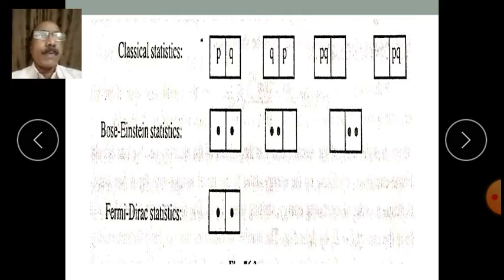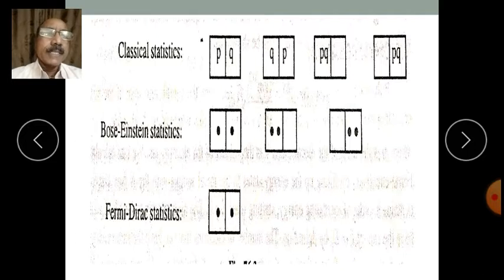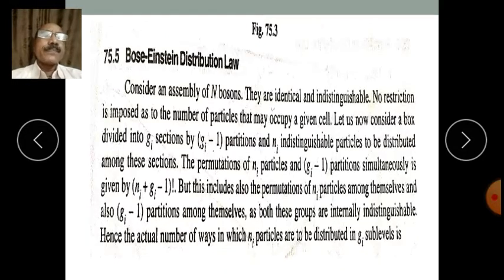So the most probable distribution and the thermodynamic probability also go on changing, isn't it? What is thermodynamic probability? The number of microstates within a macrostate divided by the total number of microstates of the system, isn't it? So that is called thermodynamic probability. So the thermodynamic probability goes on changing. So naturally the most probable state also goes on changing, isn't it? That is why we need different types of statistics.